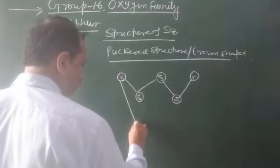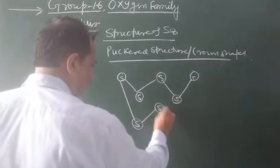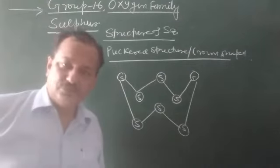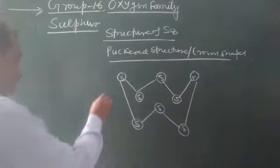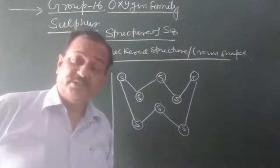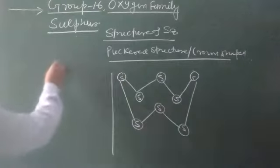Here we have one more, and here there is one more, and here there are 8. So this is just like a crown shape. This is the crown shape structure of that. Now, in some cases, by heating of the rhombic sulfur, some of this ring is broken, and so